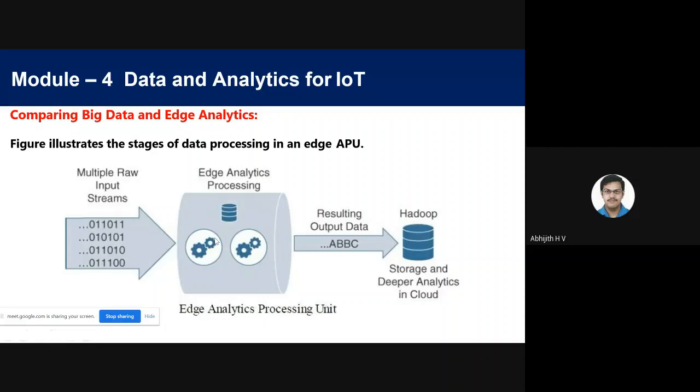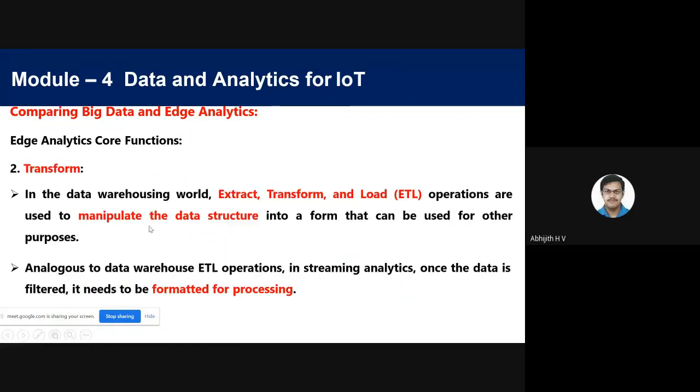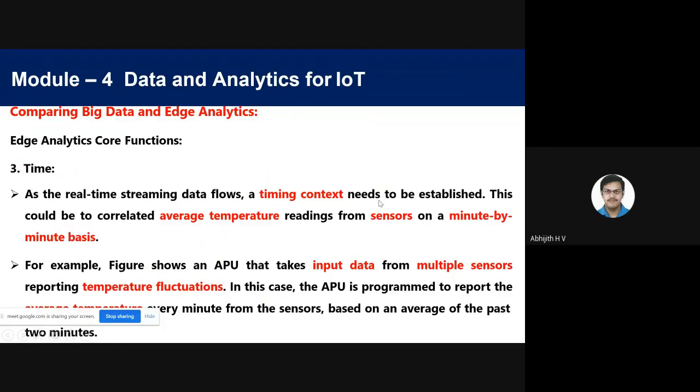For example, many of you are doing certain image processing projects. We'll be telling like this: take the image, convert it into a grayscale image. Why? That is one of the transformations required for processing at the end. So that is one pre-processing stage. In the same way, you can collect the data and transform it to one of the required formats, and then load it to the network or send it to the cloud. So this is another operation performed by the edge node: extract, transform, and load. This is a very important operation.